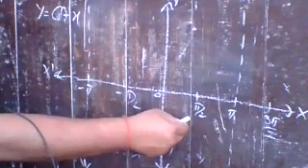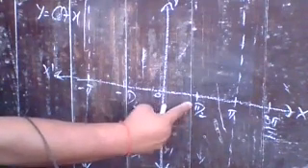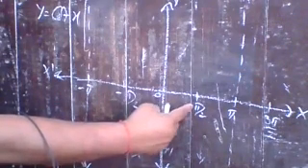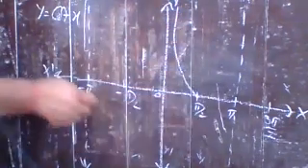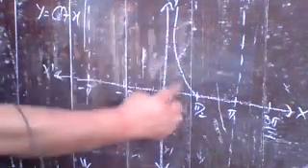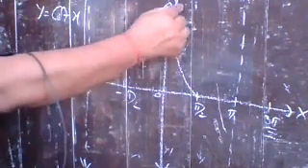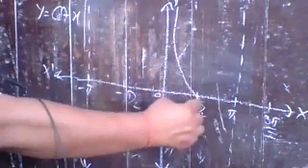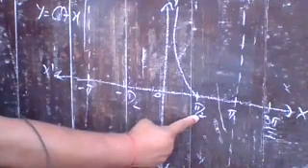So at 0 it is not defined, and cot pi by 2 is equal to 0. So you can write in this way. In the first quadrant from 0 to pi by 2, your graph is like that. Because at 0 it is not defined, you make a line parallel to this portion, and that is decreasing, and it comes to pi by 2, meaning it is 0 at that position.